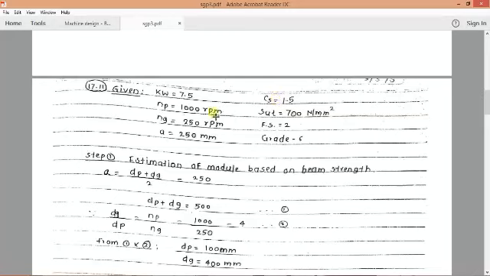Then using the formula that Pt is equal to 2mt upon dp, a simple formula, or we can simply keep in mind that torque is equal to force into radius. So torque is equal to force into radius, means radius is equal to dp by 2. So this is a force, and here we have to calculate the force. So we modify that formula like mt into 2 divided by dp. So it is a simple formula, torque is equal to force into radius. So maintaining that, we calculate the value of the pt. So value is